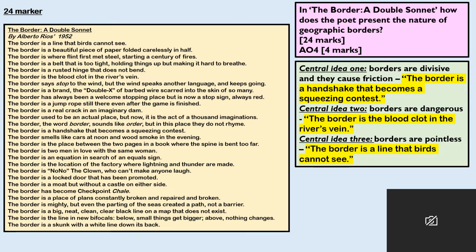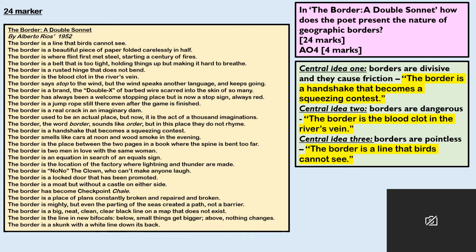The only reason there were no poems in that paper you just saw is because, due to copyright, AQA can't produce it online. The poems will be printed there, and because of that, I'm going to show an example. This is a really lovely poem called The Border, a double sonnet, and this would be the 24 marker. This is just an example, and it'll be a question like this. You'd read through the poem, and you'll have never seen the poem before.